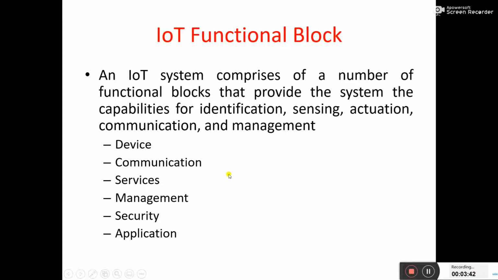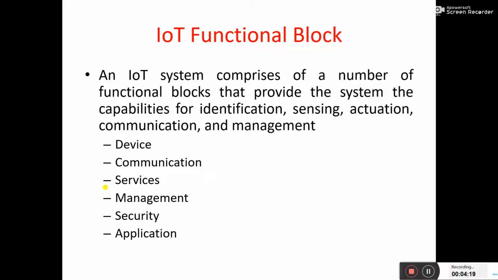So communication is the process by which we can communicate, for example Wi-Fi, for example Ethernet. So these are all types of communication, by means of which the node can send the data to the base station. Services: if we need services, for example if it is agriculture based services, we should know when the irrigation of the soil is needed, and what the humidity and the temperature of the crops are. So these types of services must be there.